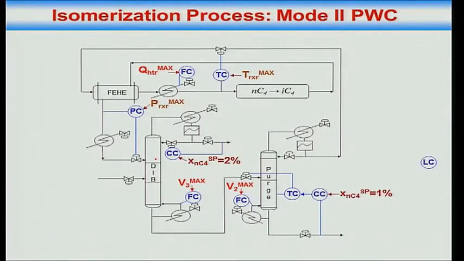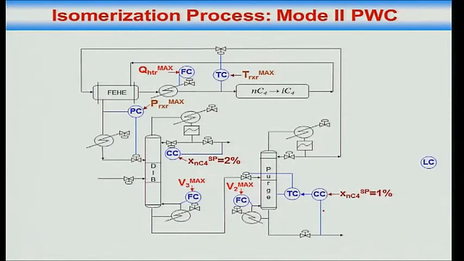Okay. Similarly, in the second column, you see now the boil up is at max. Since the boil up is at max, you cannot use it for temperature control. Therefore, you control the amount of NC4 leaking down the bottoms by adjusting the feed. And of course, in order to keep the composition fixed at 1%, you have a cascade composition controller. So I have put in place loops for controlling the active constraints.